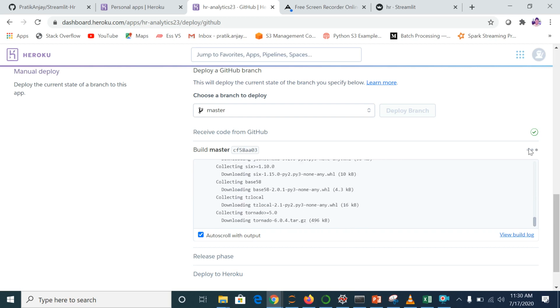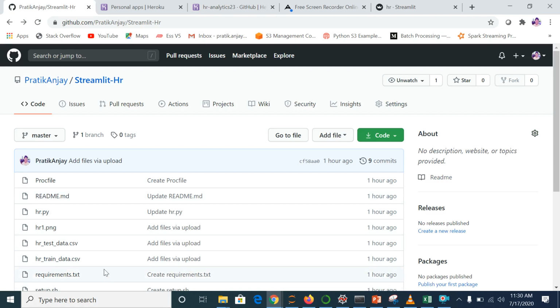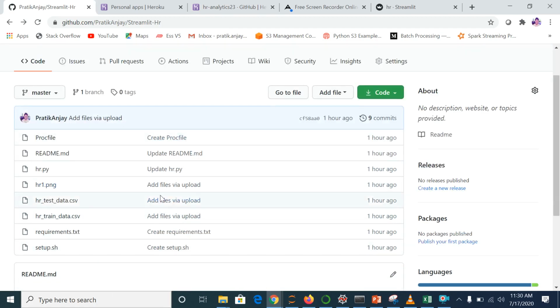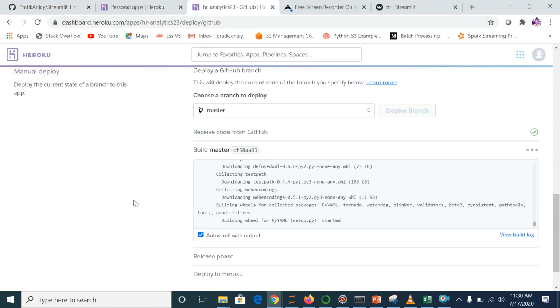So deploying on Heroku with the help of GitHub is very easy, very simple. The only thing is you have to put all your code over here in a very defined manner. If anything is wrong over there, the deployment will not process. So even now it is going live. I have not done it before, so let's see. If any error is there, it will not happen.